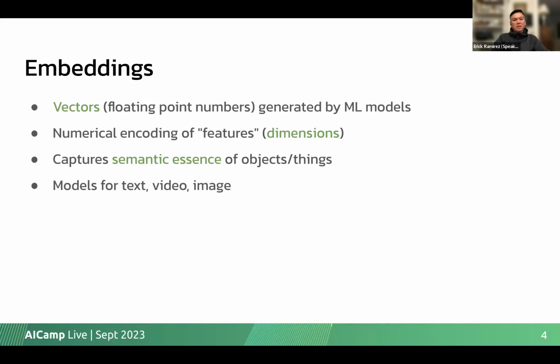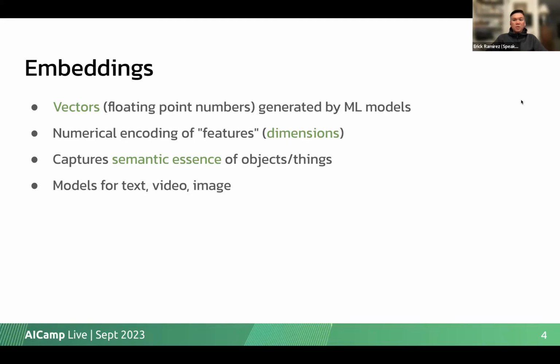The encoding is done on certain features. Let's say we're talking about strings of text and sentences. Machine learning models encode certain features, which are known as the vector dimensions. What they're trying to do is capture the semantic essence, the meaning of the objects, whether it's the meaning of text, or different features of the video, or certain aspects of an image.